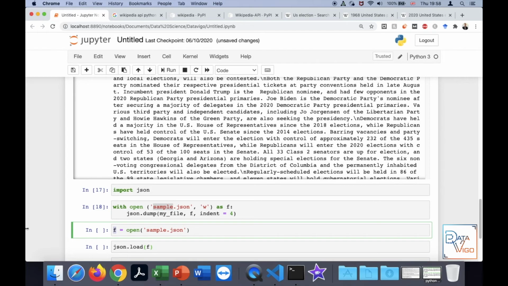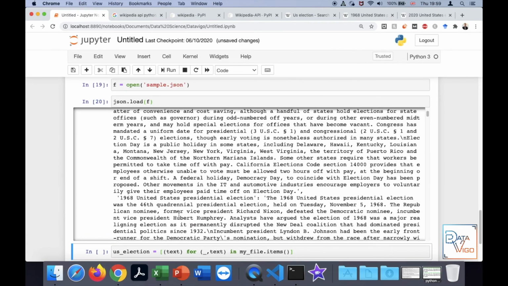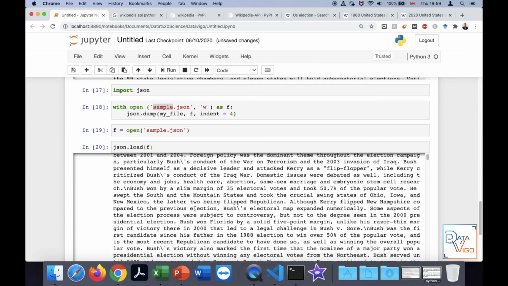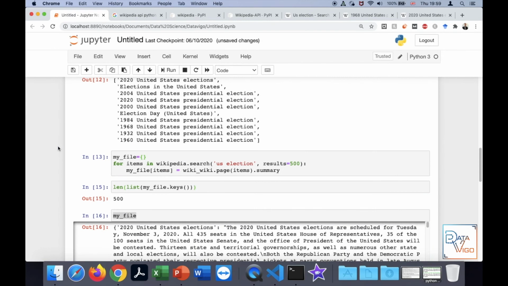I have saved it into a variable called f, and then you put json.load(f), and here we go. It gives you the dictionary as the output. This one is similar to my file, which I saved as a variable.